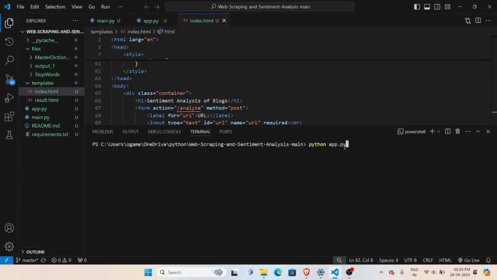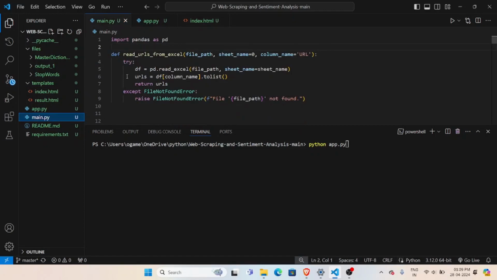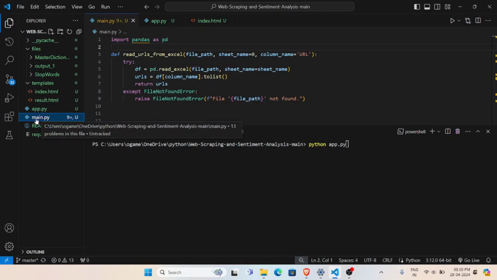app.py. The reason is that my app is a Flask app, which is in the name of app.py. And main.py has all the main important code, which really does the sentiment analysis of the blog post. So that's what this main.py code really does. Okay, so hit enter,